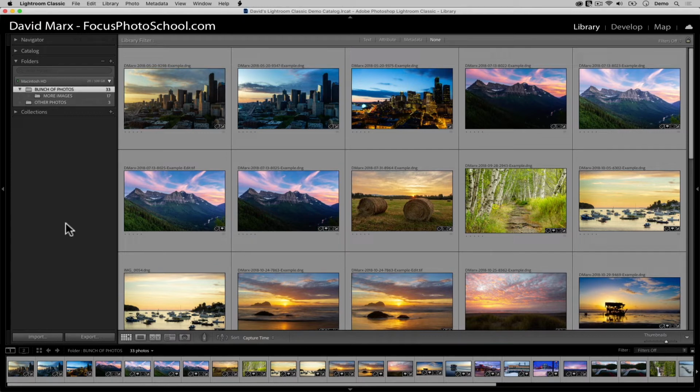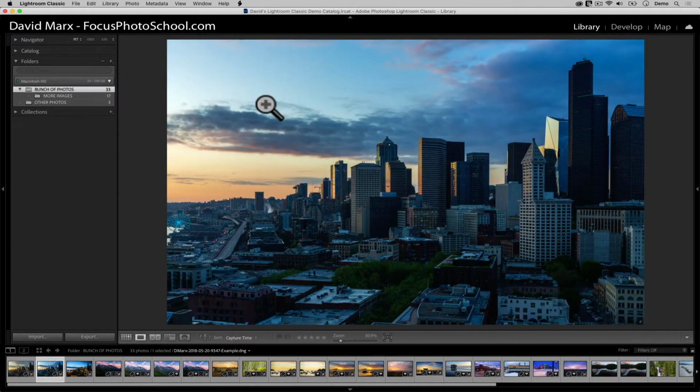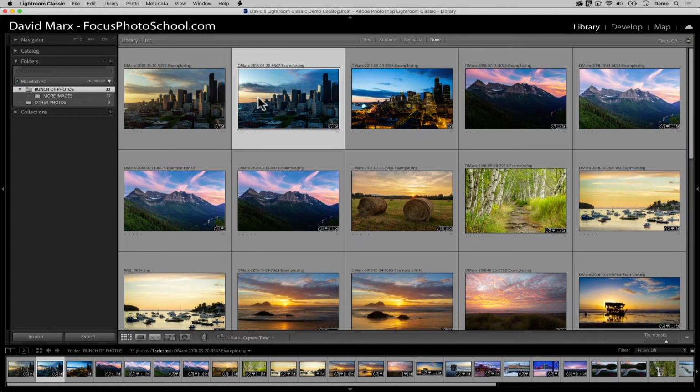First, where you click when you're working with thumbnails here in Classic's grid view makes a world of difference. If you're using a two-button mouse, then a single click with the left mouse button will select an image here in Classic's Library Module grid view. A double click though, clicking that left button on your mouse twice fast, tells Lightroom to do something different. A double click tells Lightroom that you want it to select this image and to automatically change from the grid view to the single image loupe view mode as well. The difference between a single and double click can be really frustrating for beginners, and it can be equally frustrating if you're using a laptop's trackpad.